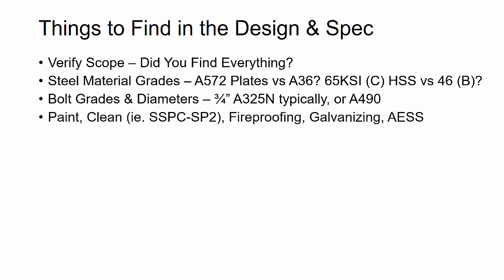Then you have paint and clean specs. I almost always ask the fabricator about this. Sometimes you'll see on the design drawings or the specifications that a paint primer or a clean spec has been specified, as well as fireproofing on certain areas or galvanizing. In any case, even if I see this on the design drawings, I almost always go back and talk with the fabricator about this, making sure that we both agree on what the scope is and which areas require paint